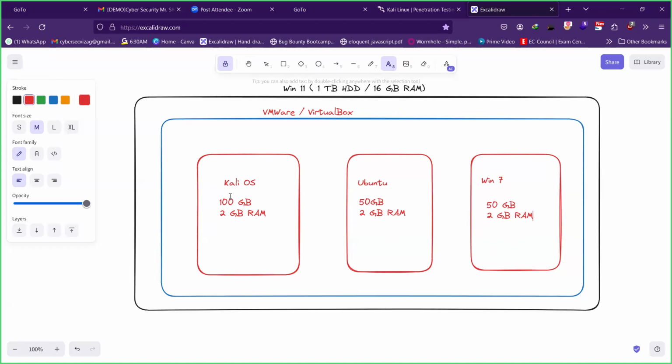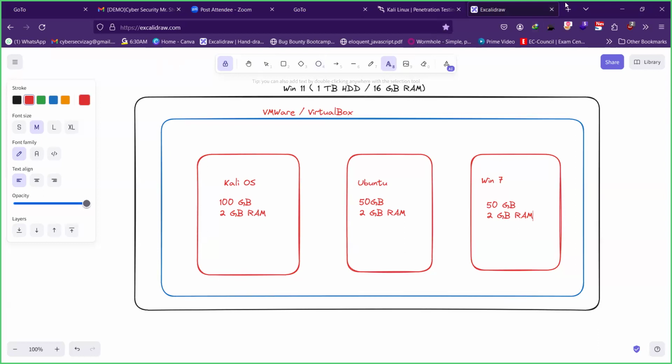So out of 16 gigs, 6 gigs is allocated to the virtual machines. Now the base machine only runs with 10 gigs. As long as the virtual machines are running, they'll occupy that memory. If you shut it down, that memory goes back to the base machine. So you're not allocating anything separately physically. It is available with the physical device itself, but being borrowed by the virtual machines. So that's the concept of virtualization, virtually running multiple operating systems at the same time.